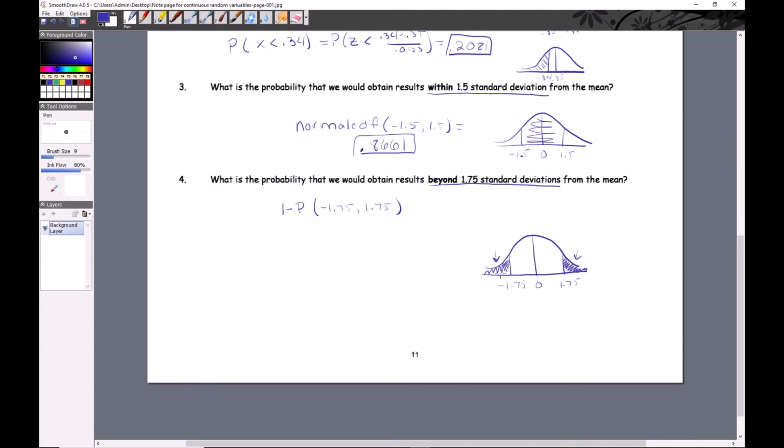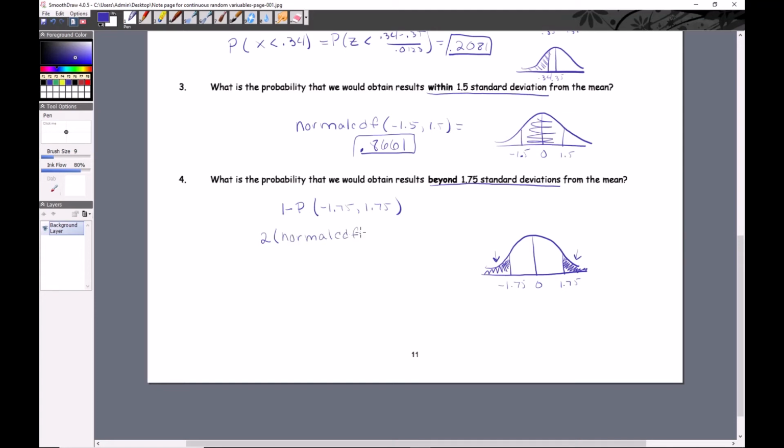But what can you tell me about these two tails, quite apart from how poorly I drew them? Wouldn't they just be a mirror image of each other? I mean, wouldn't they? It's a symmetric curve, so this probability in here should be the same as this probability on the right. So since they're the same, can't you just figure out one of them and just double it? So that would be 2 times the probability of, well, I'll tell you what. We'll just go straight to the normal CDF, okay? So twice normal